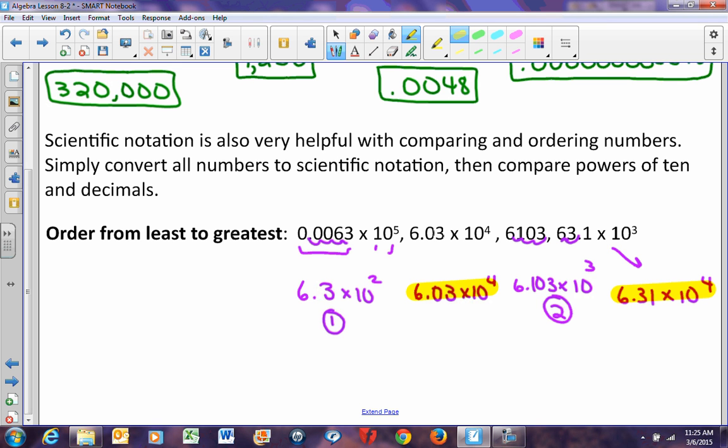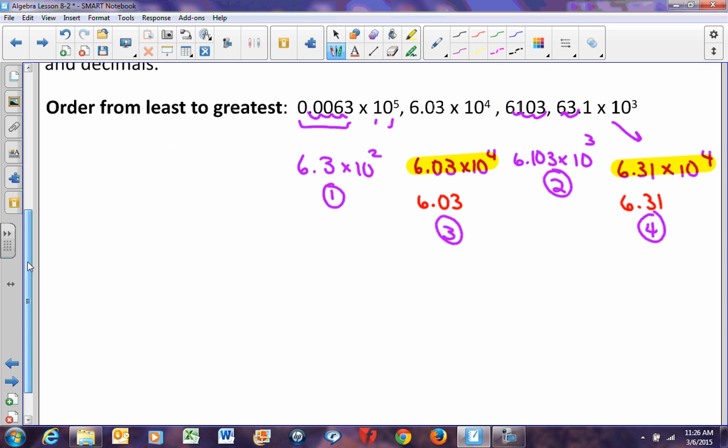So now we have to look at the decimal parts of the number. This is 6.03 or $6.03. This is 6.31 or $6.31, meaning that this 6.03 times 10 to the 4th is slightly smaller. So this is the 3rd number, and this is the 4th number. Remember, when you put things in order from least to greatest, you have to put them back in their original form. So to list these numbers in least to greatest, I have to put them back in their original form,